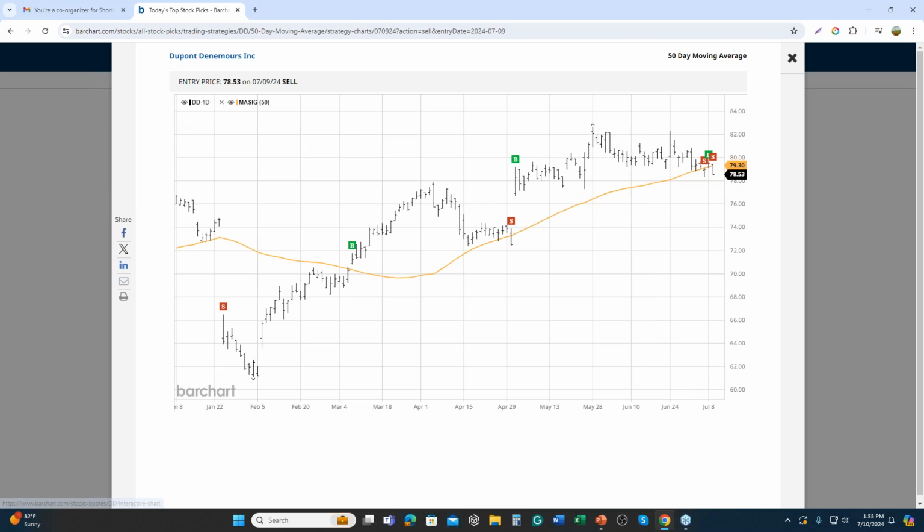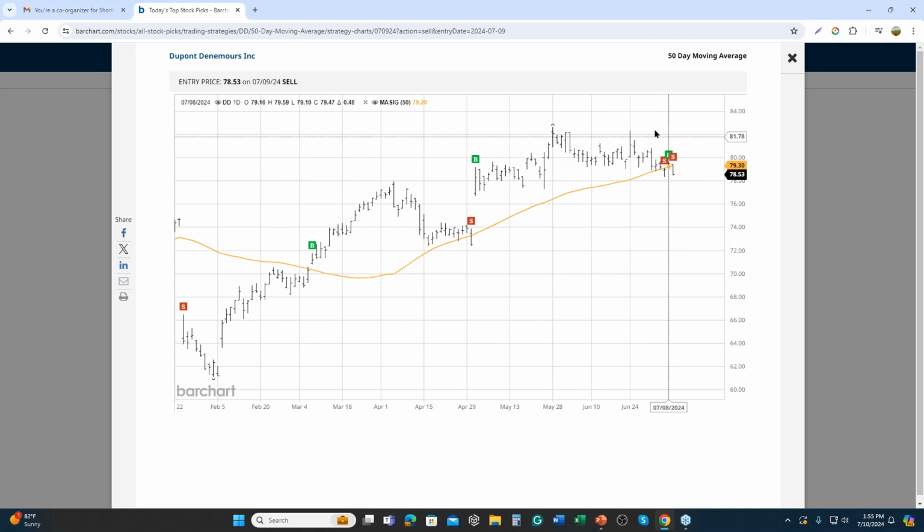Now look at DuPont here, right? A chemical company, right? What do we see here? Is this the kind of pattern we were looking for, where we're in an area of distribution, we're breaking that 50-day moving average? Let's see that impulse down and then that first retest back. So maybe not an optimal selling opportunity right now, but certainly one that might develop in the next few days